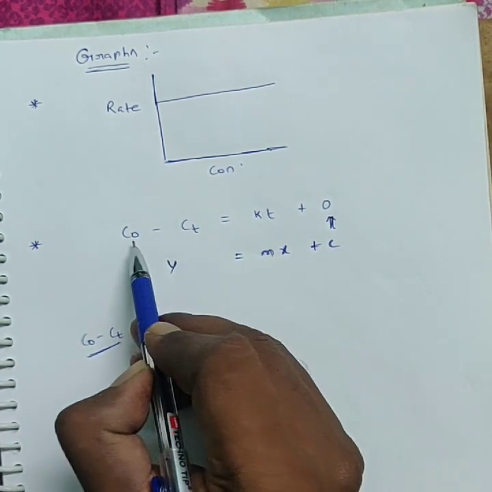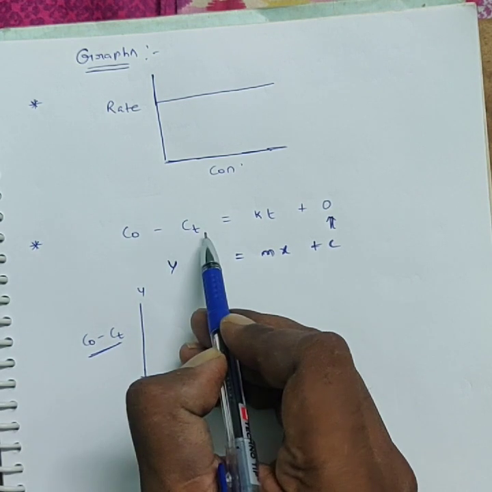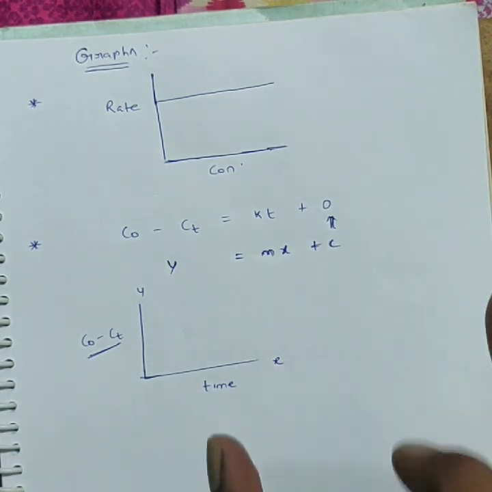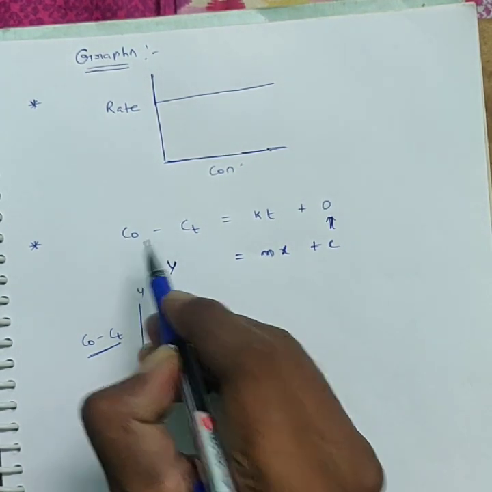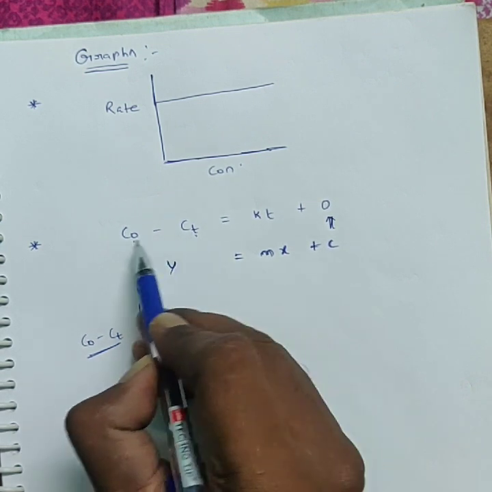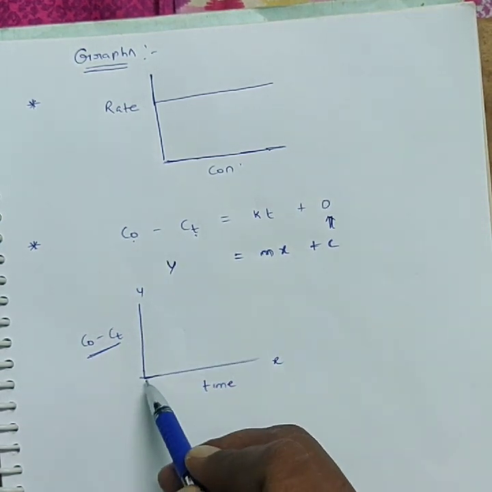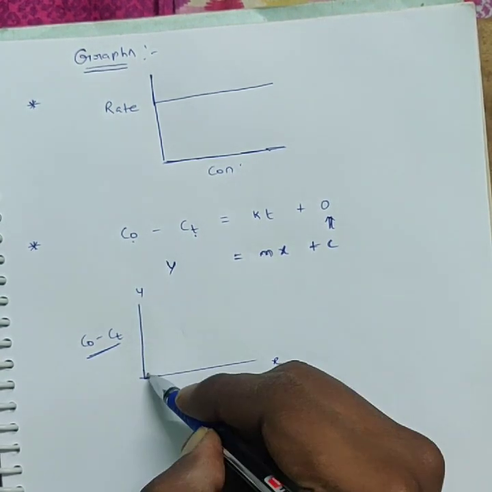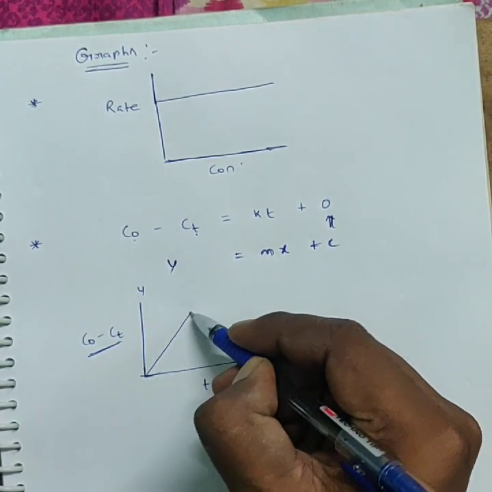So at 0 time, C0 is equal to Ct only, so this will be 0. Please listen carefully. At 0 time, C naught is equal to Ct, so C naught minus Ct becomes 0 at 0 time. As the time goes on, C naught minus Ct is continuously increasing like this,